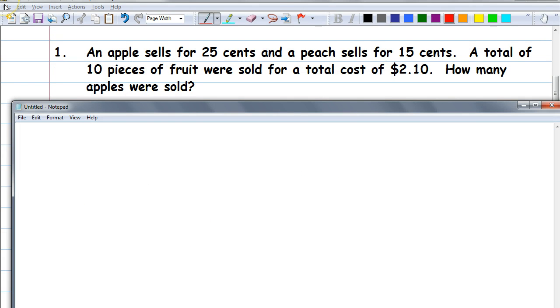Okay, anybody want to read for us example 1? Okay, go ahead, sir. An apple sells for 25 cents and a peach sells for 15 cents. A total of 10 pieces of fruit were sold for a total cost of $2.10. How many apples were sold? Exactly. Thank you. So as we read this, of course, we're going to do step 1, which is think about